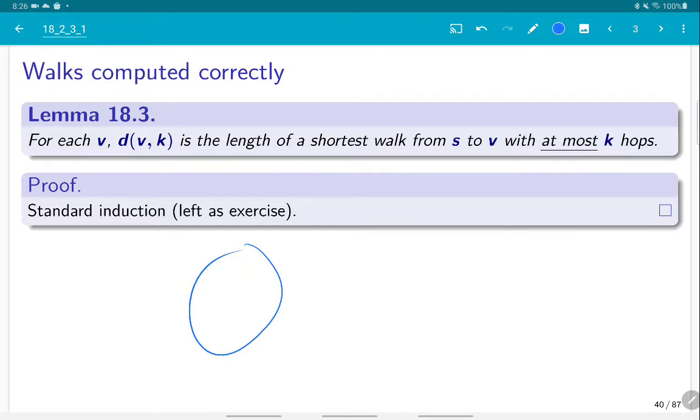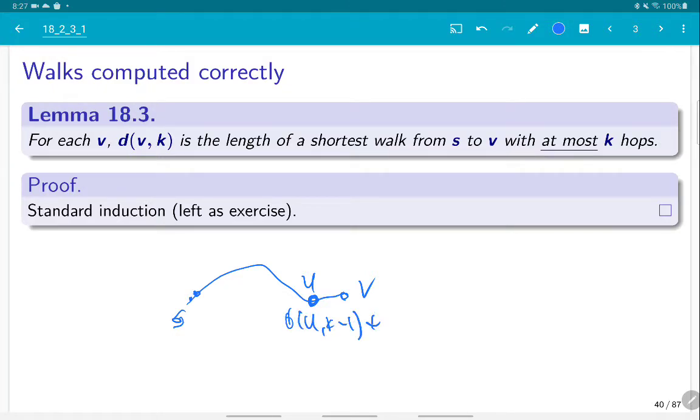Now you assume that everything was computed correctly up to k minus 1, and you look at the vertex v, at the shortest path to it of length k, and you observe that at some point there is a previous vertex u on this path, and the dynamic Bellman-Ford would take d_u^(k-1) plus l_uv, and try to update this value